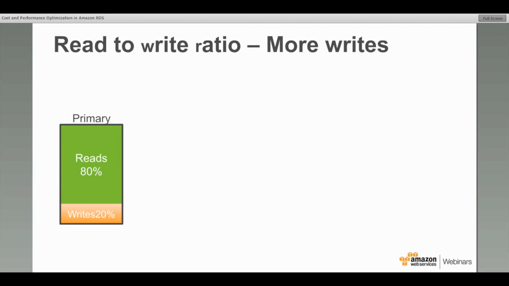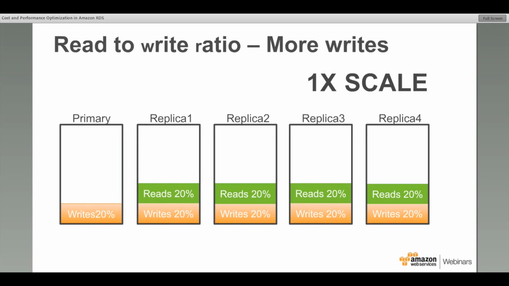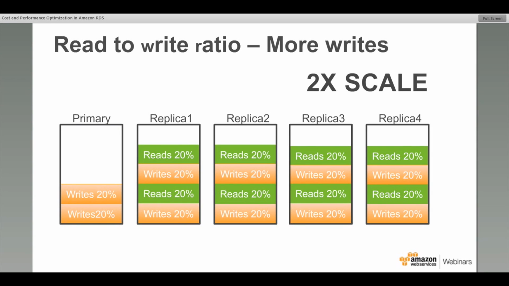Now, if I increase my writes to 20%, you'll see that my replicas, because I'm replicating that 20% write capability across all my replicas, essentially limit me to 2x scale. So I can have 4 replicas, and I'm increasing my reads, but I'm also proportionally increasing my writes. And so we have a summarization